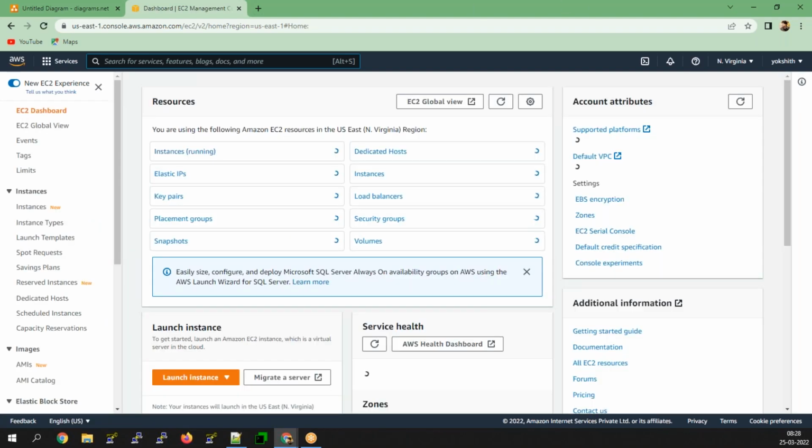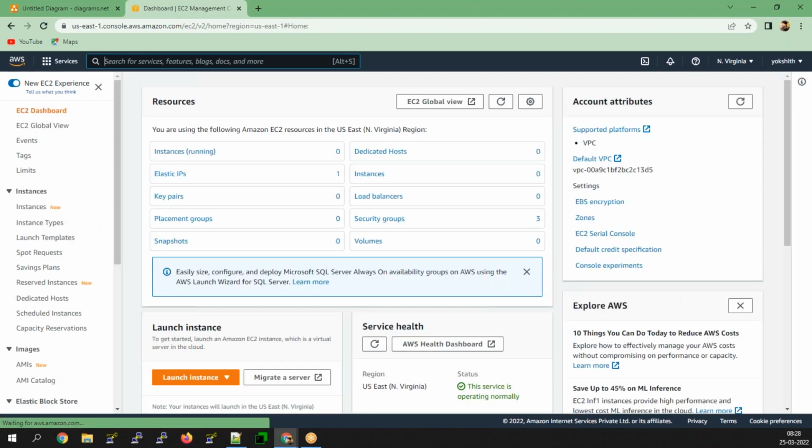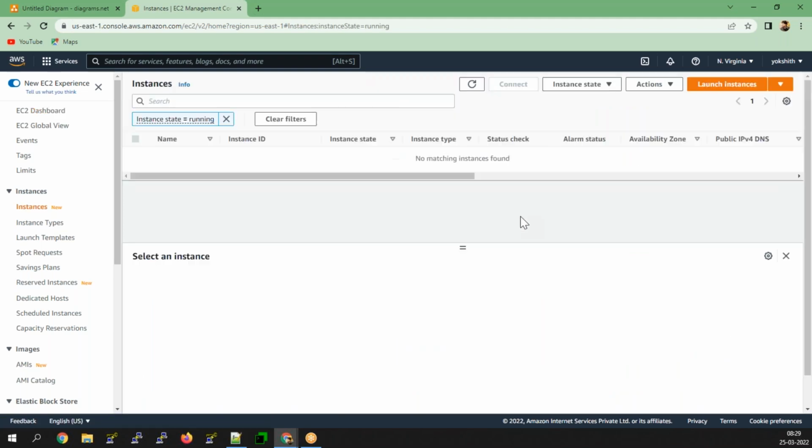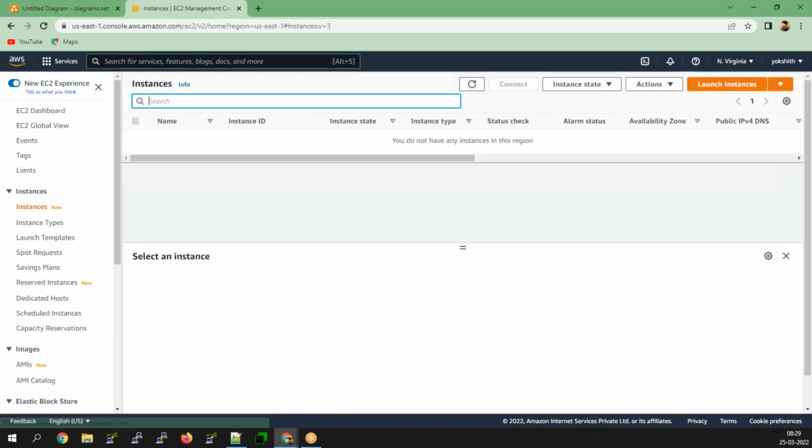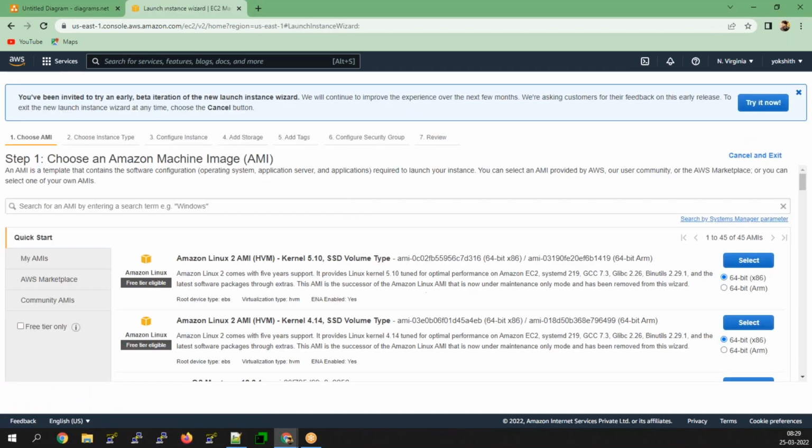I'm launching on the respective North Virginia region here. So now launch the instances here. Right, I'm selecting this respective